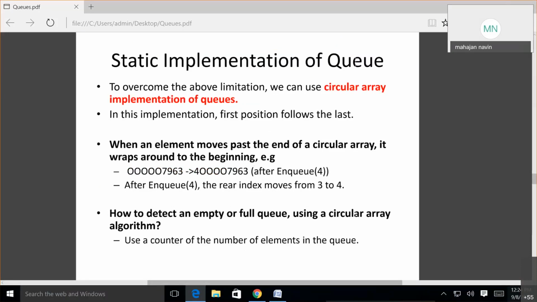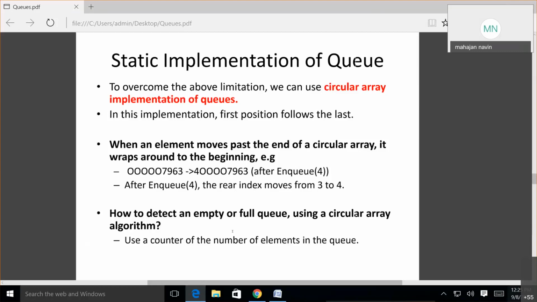After enqueue, the rear index, which was pointing at the last position, will come to the first position, as the first positions are empty in our queue, and you will insert.